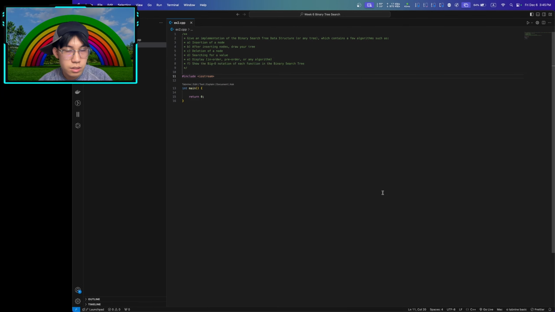So, yeah, today, I thought, I'm bored. Let's just do another "I'm bored" series where I'm just doing random coding. But this time around, we have a little bit of an assignment which we have to do, the binary search tree, where you just implement all the functions inside there, like insertion and then deletion, search, and display it